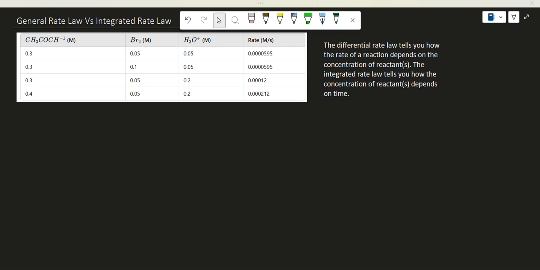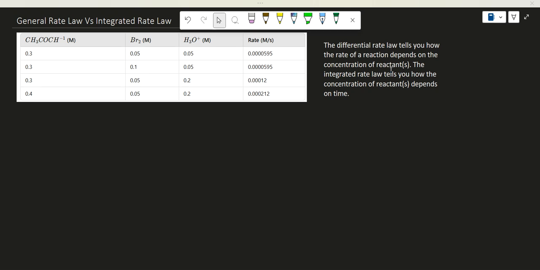So differential, I just put a side note here, as you can see on the right of the table. The note says that the differential rate law depends on the concentration of the reactants, or how the rate depends on the concentration of the reactants. So how the rate of the products will change as the concentration of the reactants changes over time, with the reactant concentration as the independent variable, and